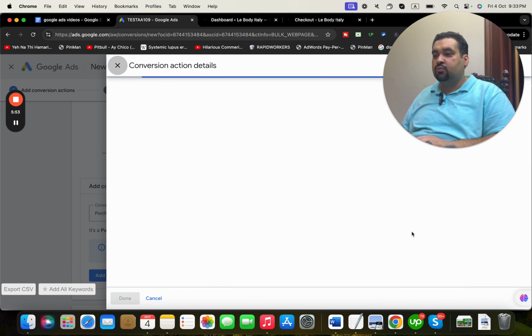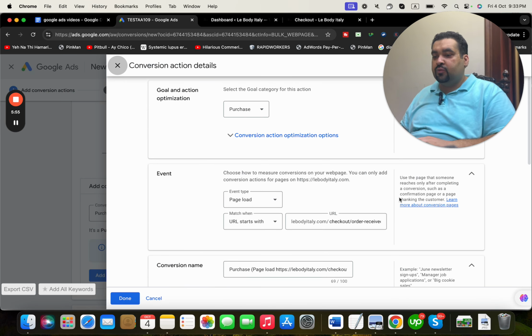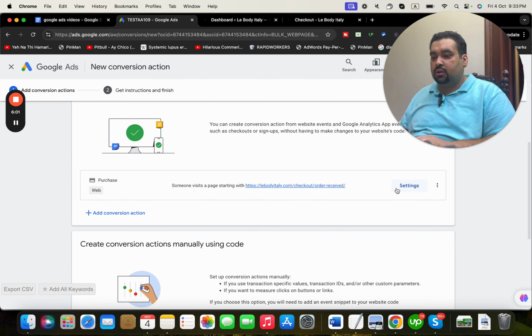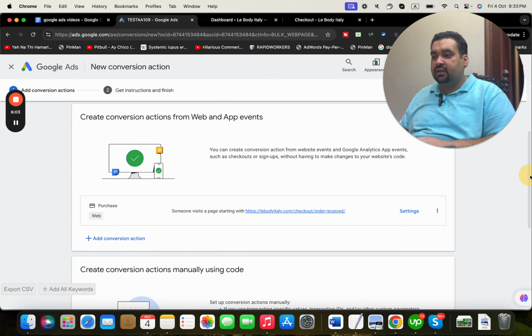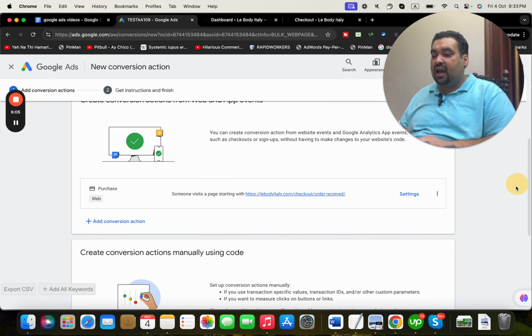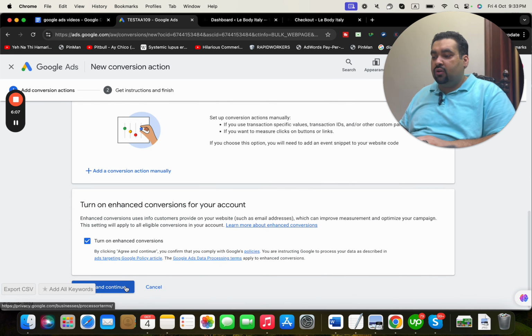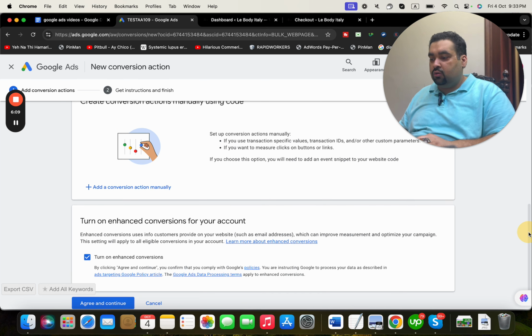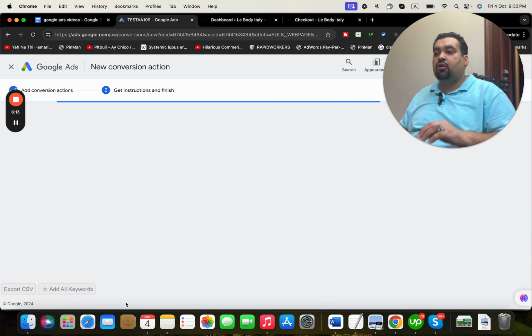If you select see more settings, you can give further details, and you can name the conversion and everything over there. You can see over here that this is being recorded as a purchase. Now we have to select agree and continue. You can see over here this is agree and continue. Once you select agree and continue,